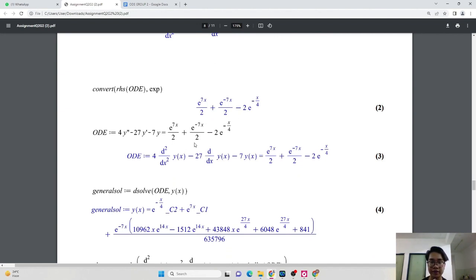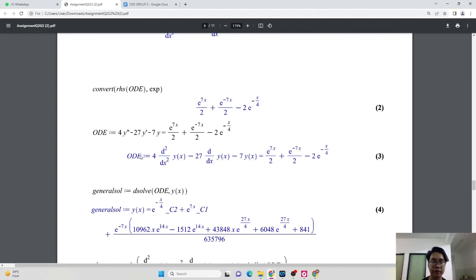The answer we get is e power of 7x over 2 plus e power of negative 7x over 2 negative 2 exponent power of negative x by 4. The third step is ODE equal 4 y power of n negative 27 y prime negative 7y equal e power of 7x over 2 plus e power of negative 7x over 2 and negative 2 exponent power of negative x